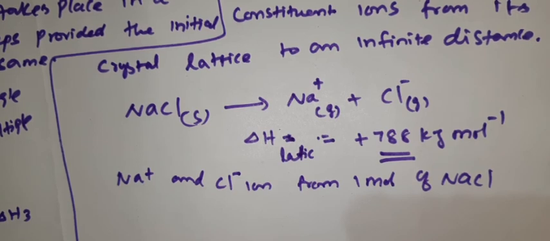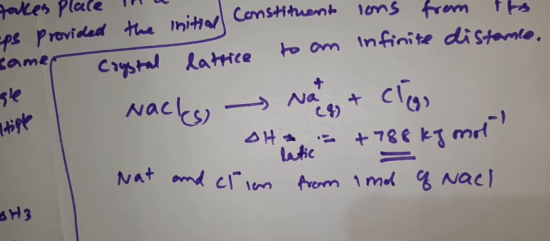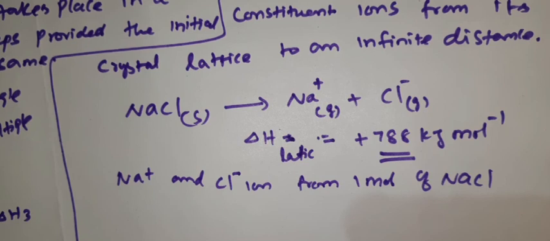So far we have discussed the applications of heat of combustion. There are different calculations we have done. The first one is calculation of heat of formation. Second is calculation of calorific value of food and fuels. Third is heat of solution. Fourth is heat of neutralization. Fifth is molar heat of fusion. Sixth is molar heat of vaporization. Seventh is molar heat of sublimation. Eighth is heat of transition. These are the applications of heat of combustion.